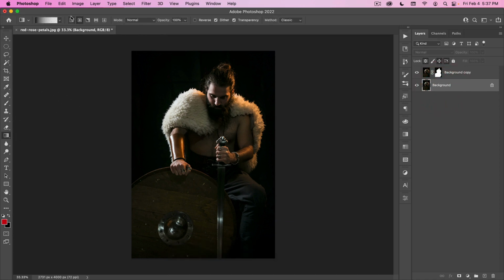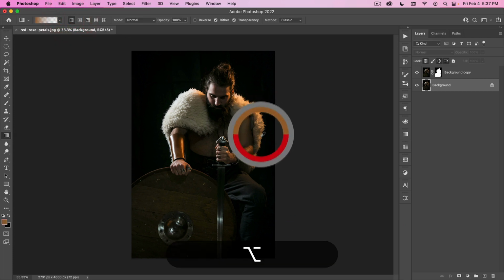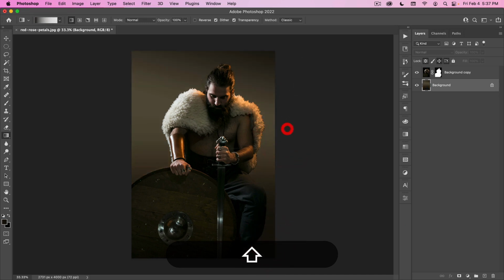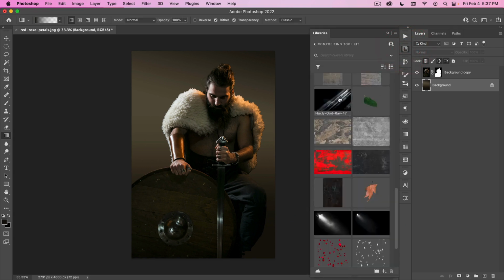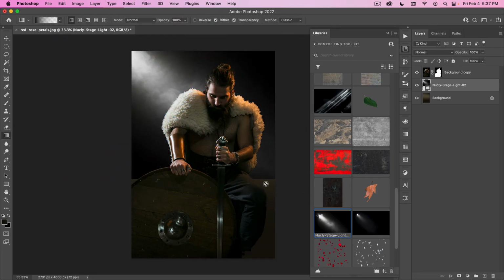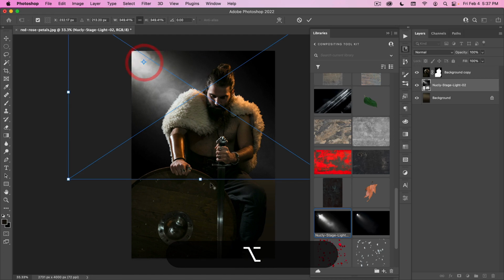So I'm just going to go on my gradient again and just select kind of one of these darker colors. So something like that. Maybe something not as saturated. So maybe something like this. And I do want it to be kind of darker down here and maybe a little darker like this. I kind of want the light mostly coming in from here. So something like that. We could even use this actually, or maybe one of these. Let's use one of these just to give a nice little light ray coming in like this.